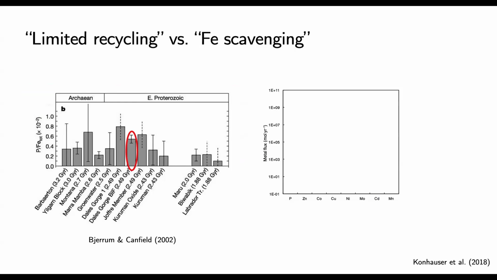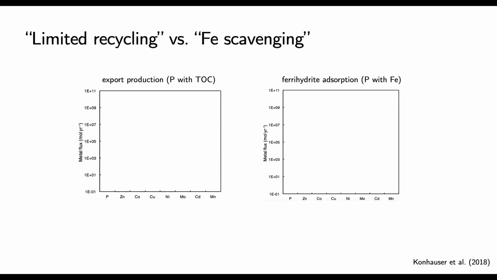What we're going to look at is on the y-axis, this is cast as a metal flux per year, but this is based on the concentrations observed of phosphorus, but also of other trace elements in that unit, and then converted into a flux using estimates of depositional rates of the Dales Gorge member. And we're going to try to match not just the amount of phosphorus, but of all of the suite of trace elements with different sources. One being adsorption onto ferrihydrite, so an iron oxide source scavenging like we see happening proximal to hydrothermal systems today, and another being export production, phosphorus and these other trace elements coming to the sediment with organic matter.